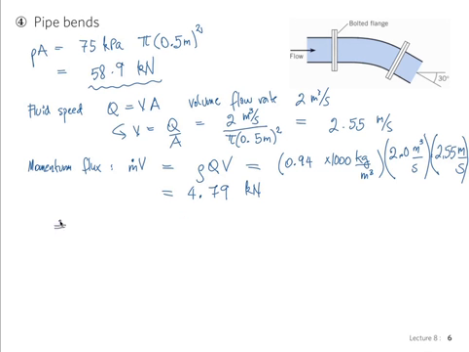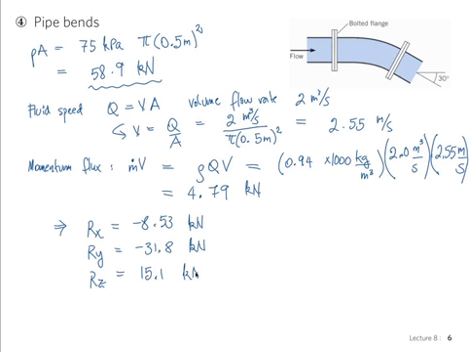And now we have all the terms that I could plug in to get my reactions, Rx, Ry, and Rz. I'm just going to give you the answer, and you should review this later in your own time. Remember, for Rx we just had the terms P times A, which we've calculated here, m dot V, which we've calculated here, and the angle. Those were the only types of terms that we had in the expression. So now we can plug all of that in. I get Rx equal to minus 8.53 kilonewton, Ry equal to minus 31.8 kilonewton. So the forces point in the opposite direction than we drew them on the free body diagram. And Rz equal to